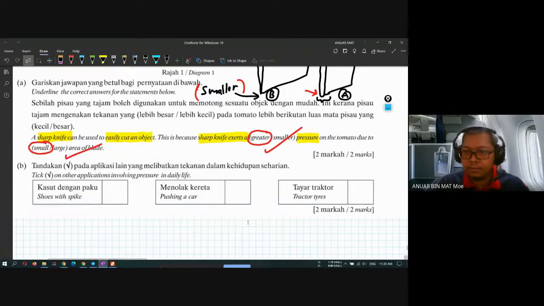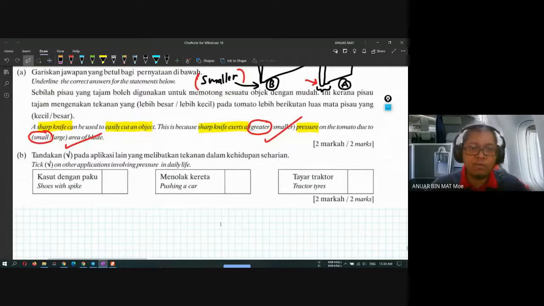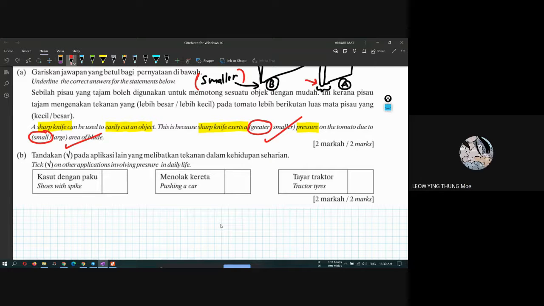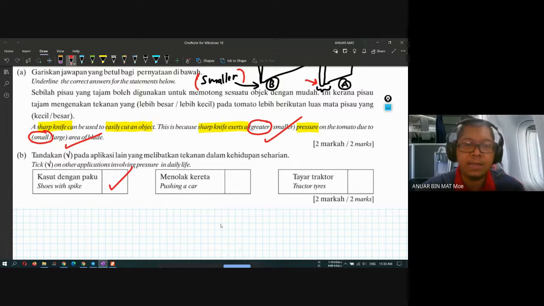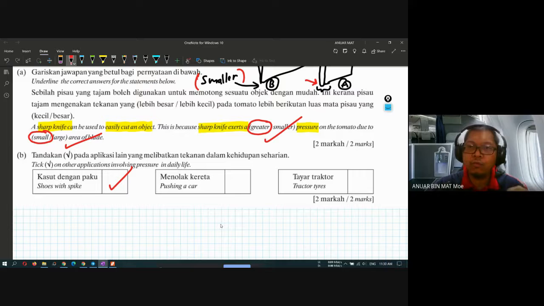Okay, next. Last one. Tick on the other application involving pressure in daily life. Very easy. Shoe with spike: yes or no? Yes, just tick. And then pushing a car. Does pushing a car have to do with pressure or no? No. No, pushing a car is not